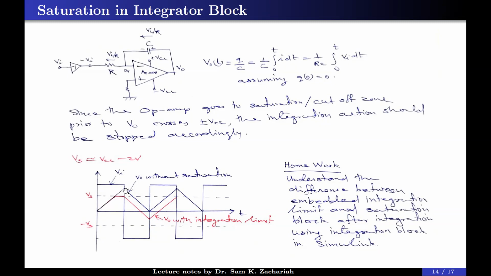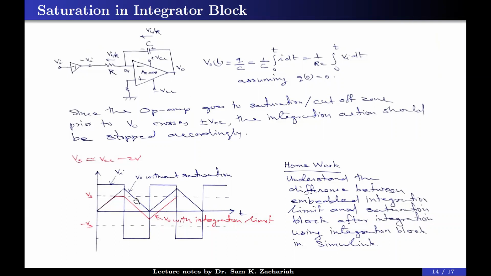And the integration will continue until the input switches back to a negative value, equal negative value, and also for the same duration of charging. So whatever charge is stored during the positive half cycle will be exactly depleted in the negative half cycle. Hence the voltage will go towards 0. Again the next half cycle starts, and this goes.